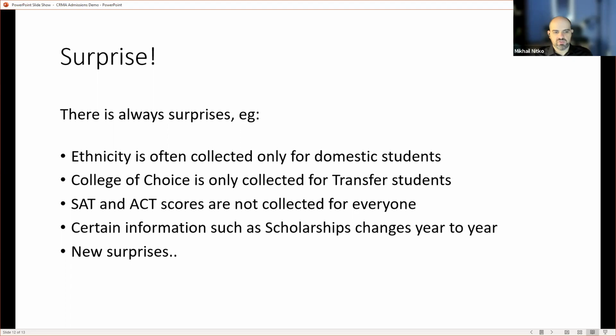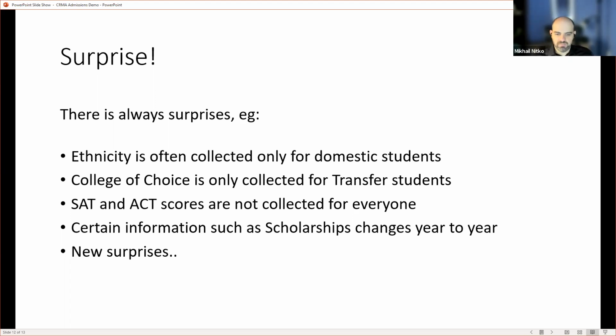And certain information such as scholarships. We talked earlier about how pick list values can change. In higher ed, we have scholarships that appear and disappear on a regular basis that we can apply to students, because funding for certain ones runs out, or new ones are created, or an old scholarship is renamed. You have to watch out for those when you clean data. I'm sure you can extrapolate these challenges to outside of higher ed as well. Just look at what fields organically appear and disappear.